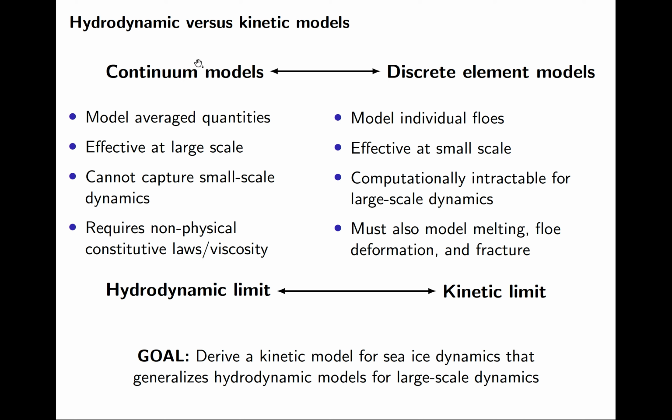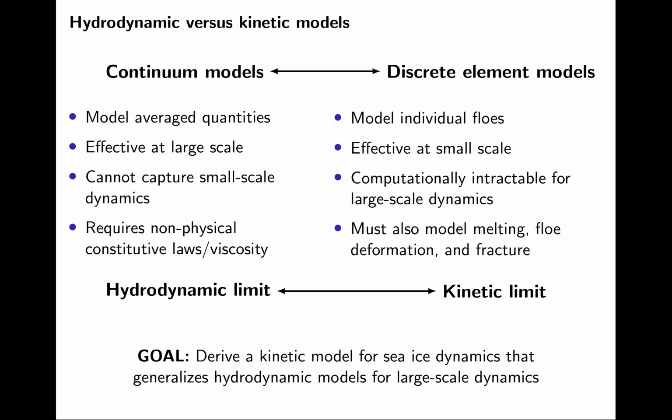On one extreme, we have continuum models, which exist in some sort of hydrodynamic limit, where we think of averaged fields or average quantities over some small region in space. So things like a thickness field or a velocity field. These types of models are very effective at capturing large-scale dynamics, so think basin-scale, the entire Arctic. But because you're averaging over some small region, even in the limit of grid refinement and really good numerics, you can't capture the small-scale dynamics because the equations themselves average out these small-scale